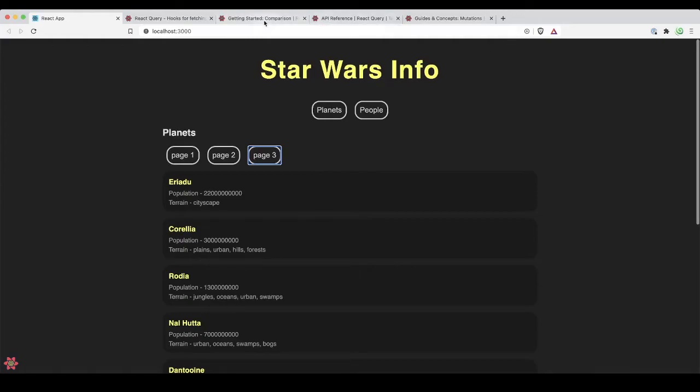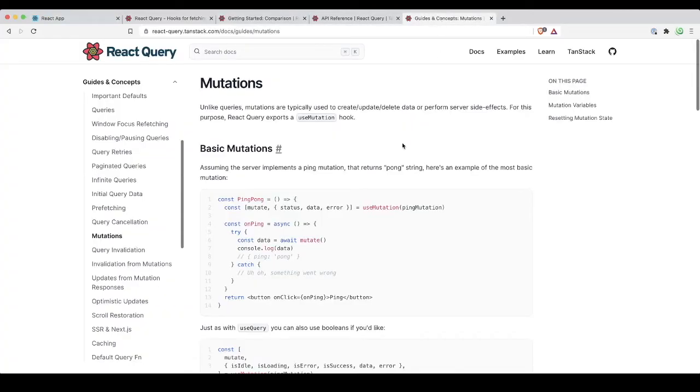There's one more that I wanted to show you. This is another big API. This is use mutation, and this is used for post. I don't have a demo for this, but this is used for server side effects. And the reason you would want to use mutation is because there's